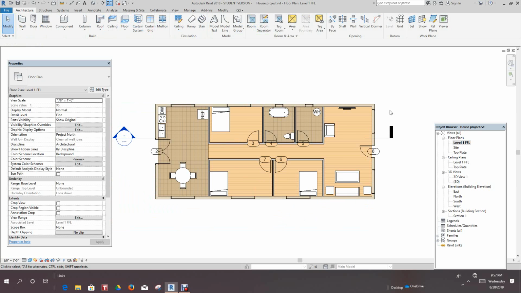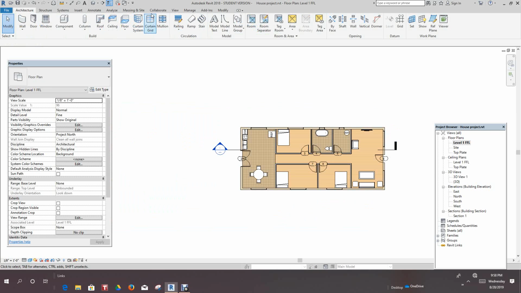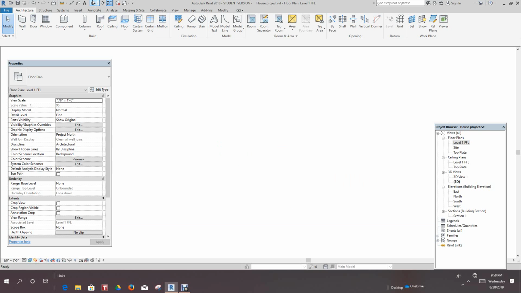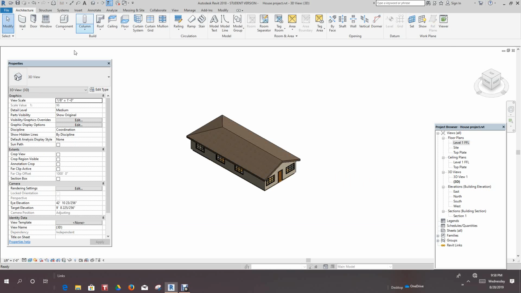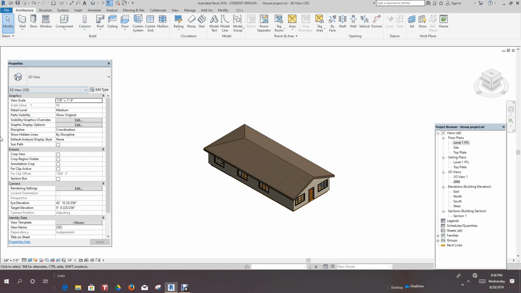Now I think we want to go out and let's work on our site plan a little bit. So what we want to do now is go and look at the outside. So we've got our floor plan done, ready to go. So let's just zoom out and let's take a look in our 3D view. And to look in here, we can just